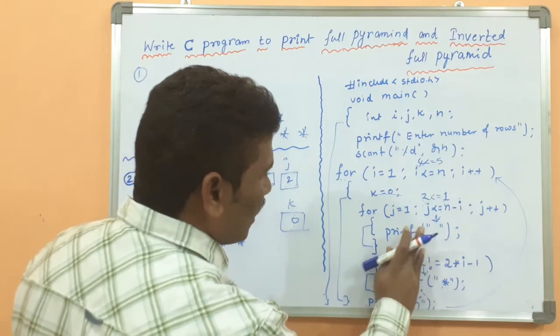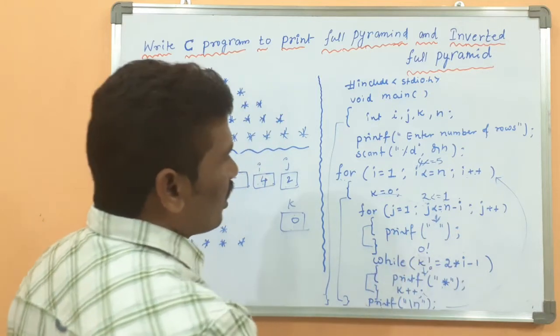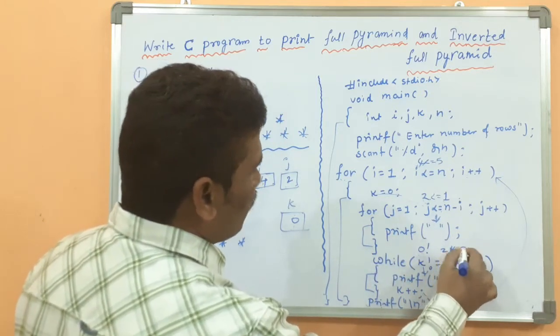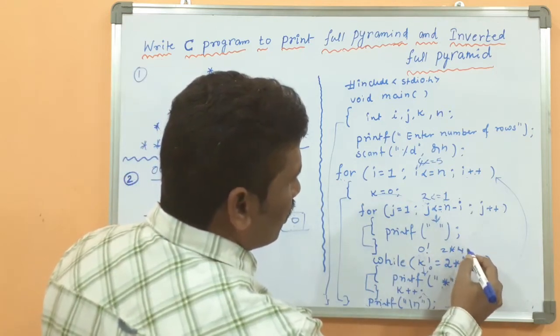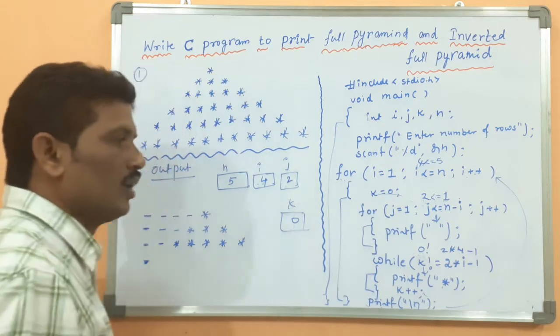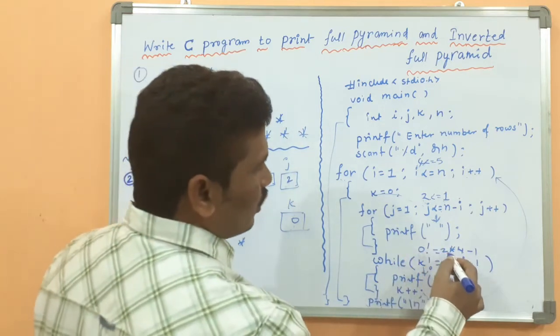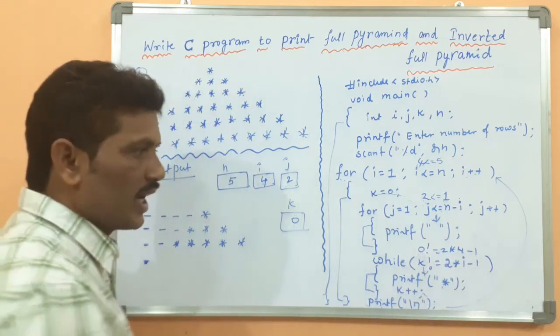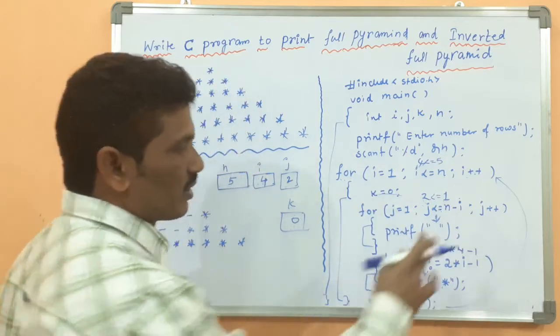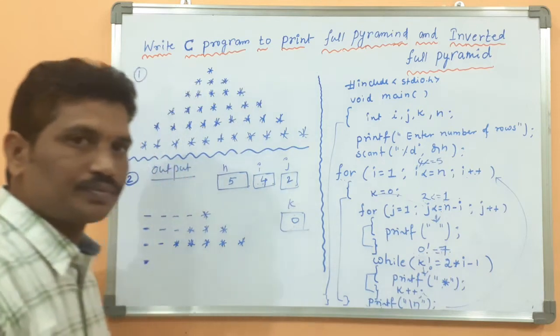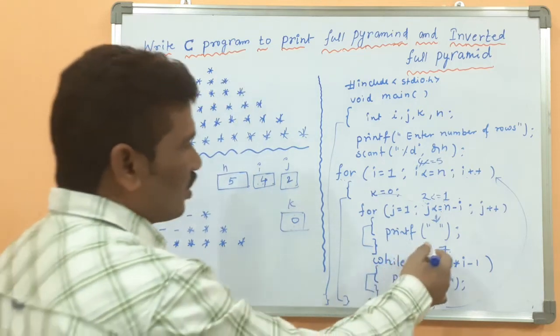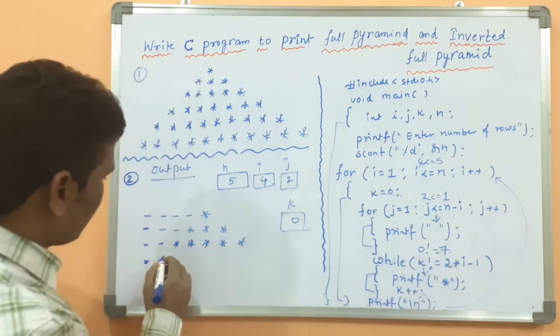Then what is the k value? K value becomes 0. Then 2, I value becomes what? 4. 4 minus 1. Okay. Then 2 4s are 8. 8 minus 1, 7. Okay, here it is 7, isn't it? Then 0 not equal to 7, the star should be printed over here.